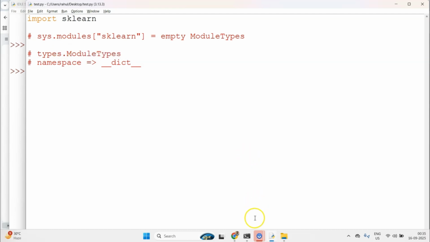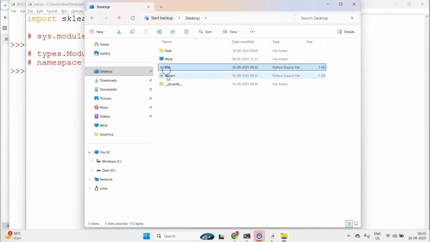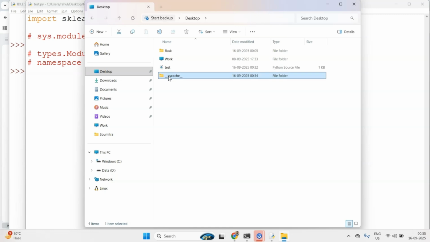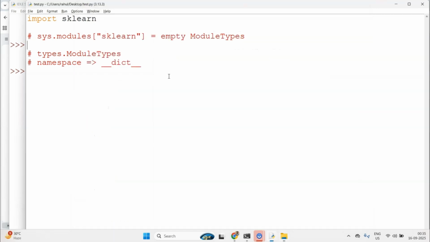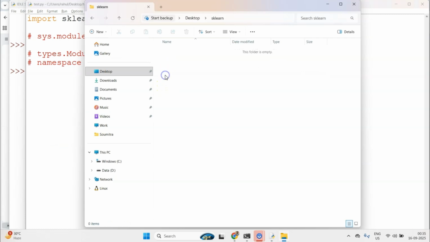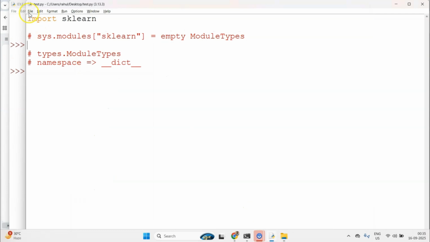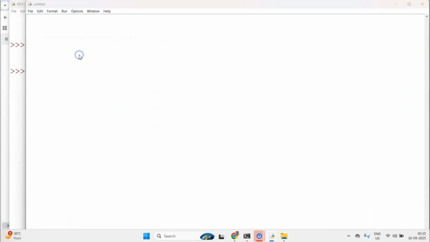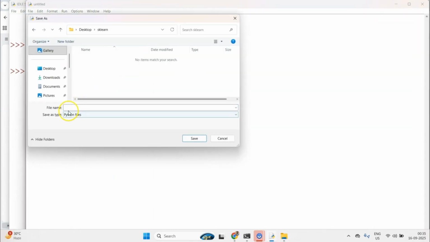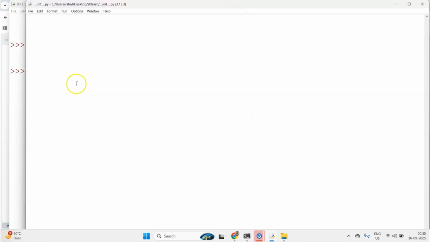Okay, so there can be a situation where sklearn is not a module but rather a package. Let me now delete this module first, and let me now create a directory called sklearn. If sklearn is a directory, in this case it must have an init.py file. And what will happen is, when we are dealing with a package, the init.py file will be executed and the rest of the steps will remain the same.